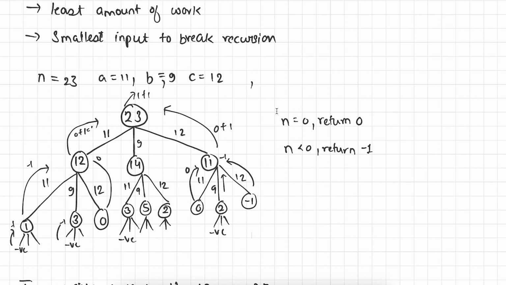If the size of rope becomes 0, we simply return 0. And if the size of rope is less than 0, means we went till negative number, then we simply return -1. Okay, so in this case, this 3 recursive call returns -1 to this parent, and this 3 child is going to return 0 from here, -1 from here, and -1 from here to this parent.